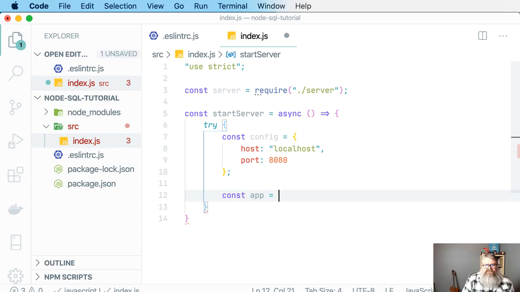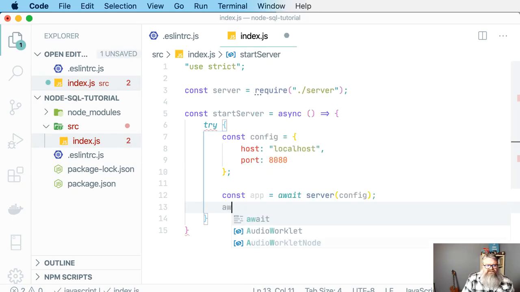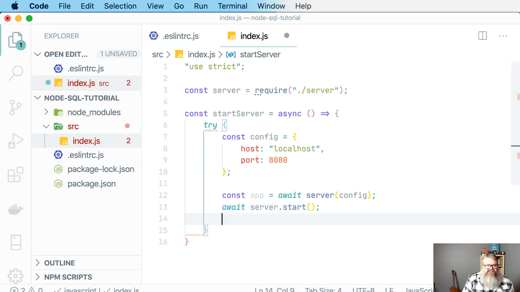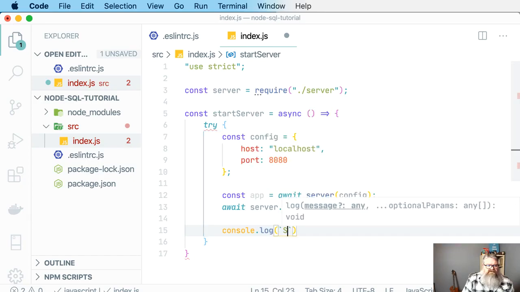Create an app. We're going to wait on our server, passing in our config, and we're going to await server.start. Server running at